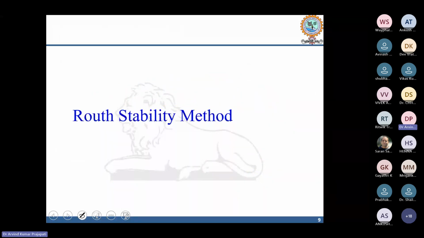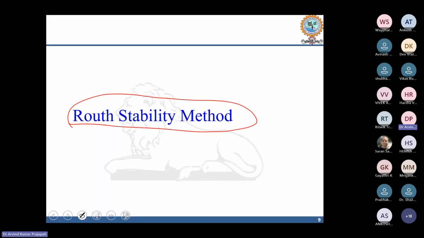So the first technique we are going to learn in model order reduction is a frequency domain technique, that is the Routh stability technique. Why am I going to take this technique? This technique was proposed in 1979 by Sesadri and Krishnamurthy, but it is a very simple technique, and everyone is familiar with the Routh stability technique. We usually use the Routh stability method for checking whether the system is stable or not.